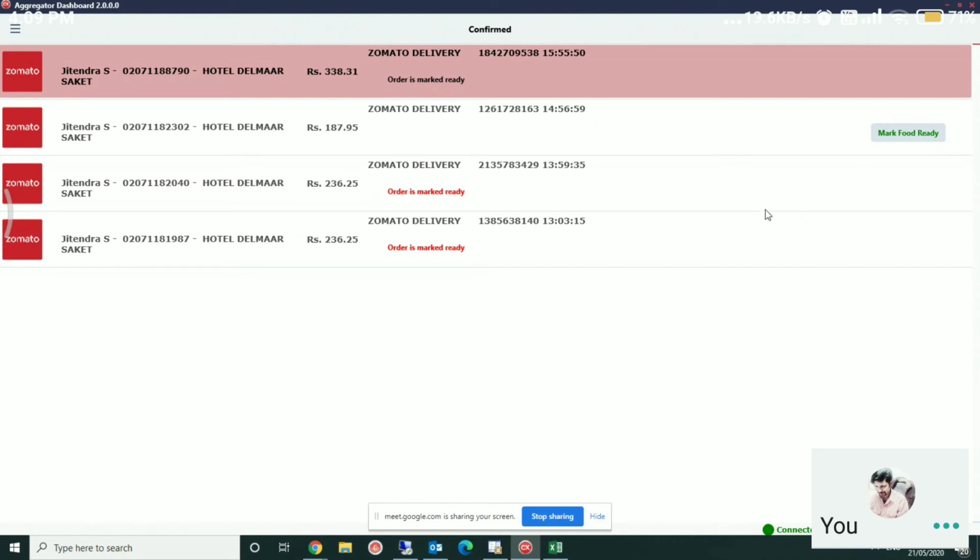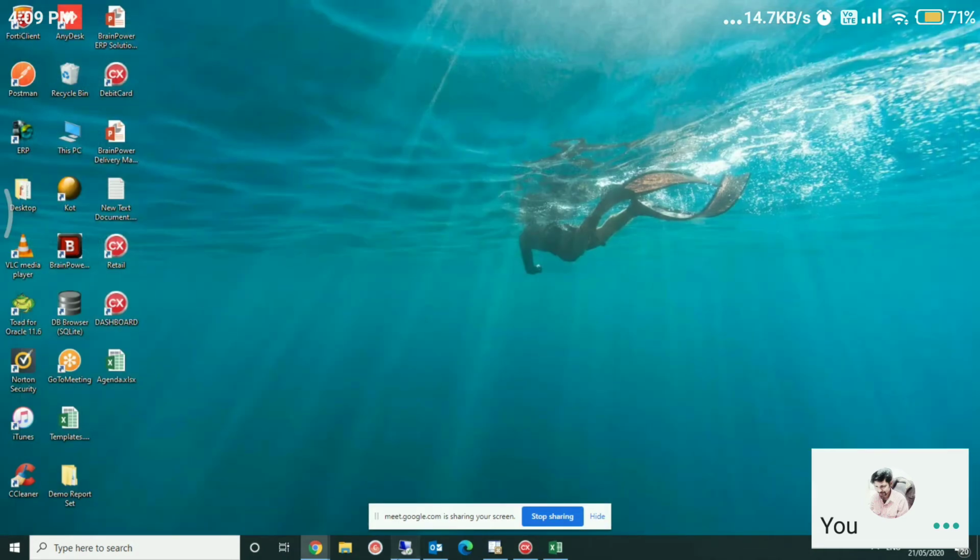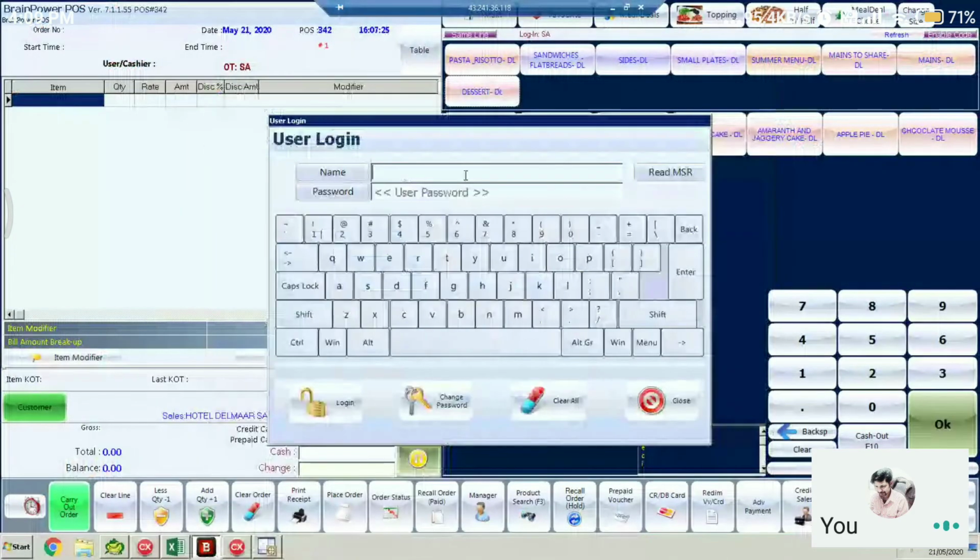Okay, so this is the dashboard for the restaurant, sir. Even if you are running multiple restaurants under one roof, the same dashboard can be used for multiple restaurants. You don't have to open multiple schemas or instances. The reason we are displaying the restaurant name is because of multi-brand. Once the order has landed, there are two options in the POS: you can directly settle the order, or you can settle the order once the driver arrives.